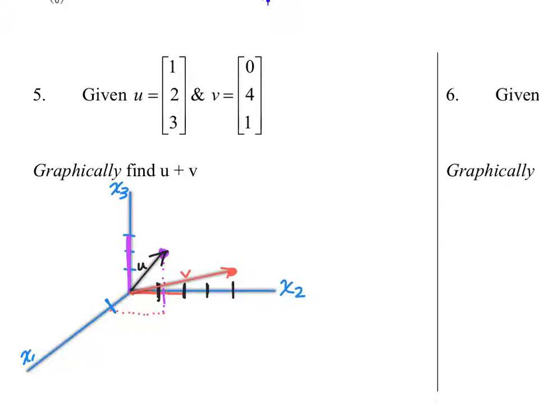Now when I want to graphically find the vector sum, here it's just a matter of doing exactly what I did on the previous page, but you had to get here in order to do that. So this problem is a disaster to grade, which is why I never put it on a test. It's a nightmare. A wrong answer looks just as good as a right answer, so what's the value in it? I have people faking their way to full credit all the time. So maybe you want it on the test, but I'm taking this out and putting an easier one that you're all going to get right as long as you do it the way I tell you to, so what does it matter to you? All right, so I'm going to create the parallelogram